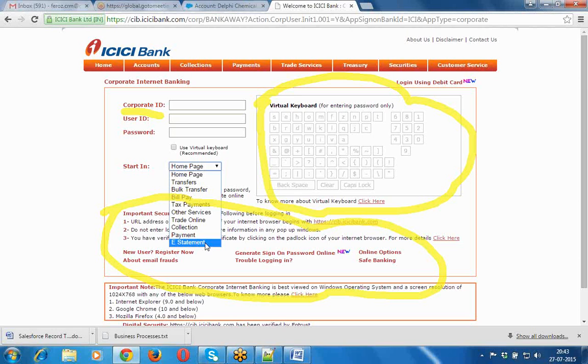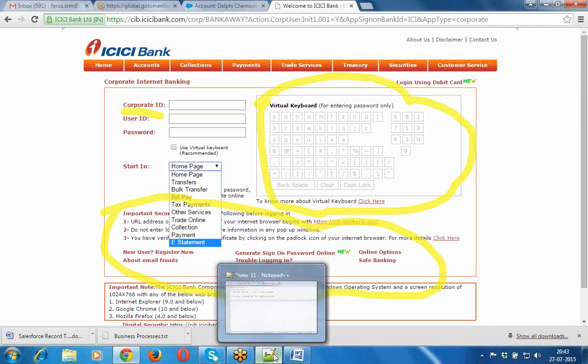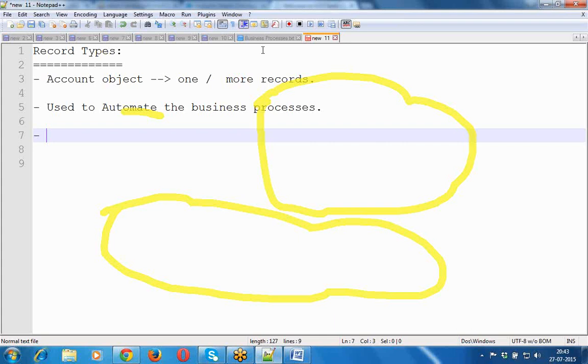So now, if we want to prepare this kind of functionality in our Salesforce application, we are going to use a feature called the record type feature. So now, when coming to the record type, what do you mean by a record type? Now we will see. The record type is used to